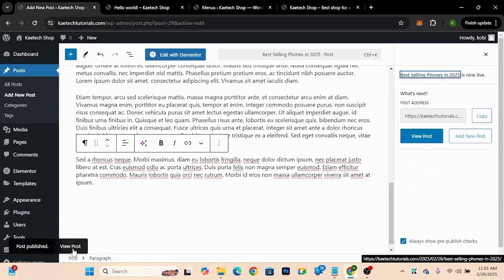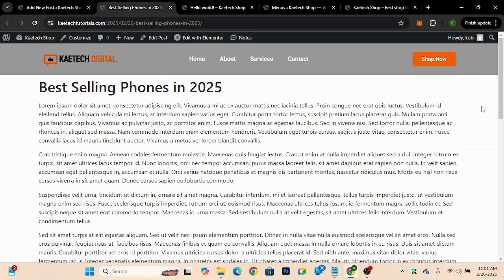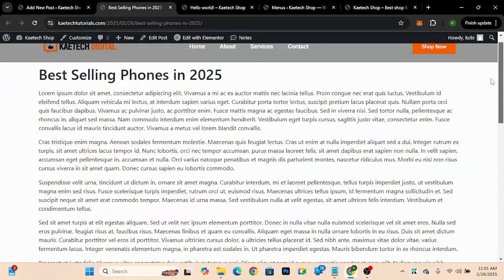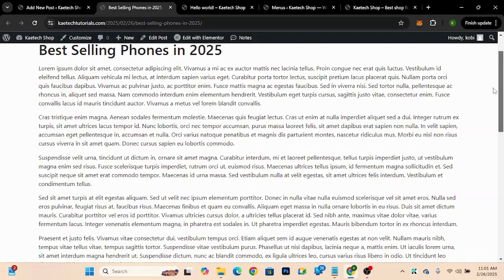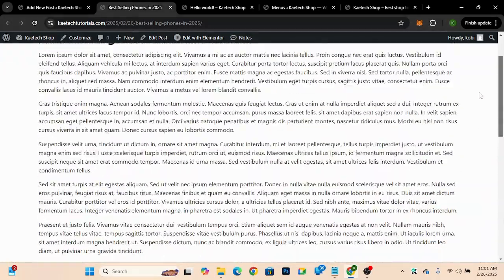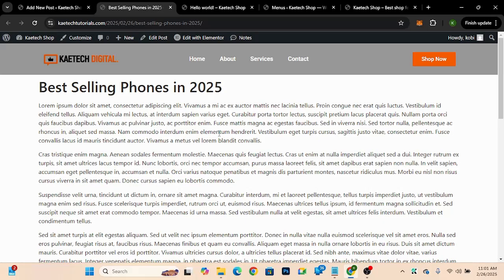All right, so if I go ahead to view the post, this is how the post looks. As you can see, the image that we even added, the featured image, is not even there. It looks raw just like that. So now we want to create a different